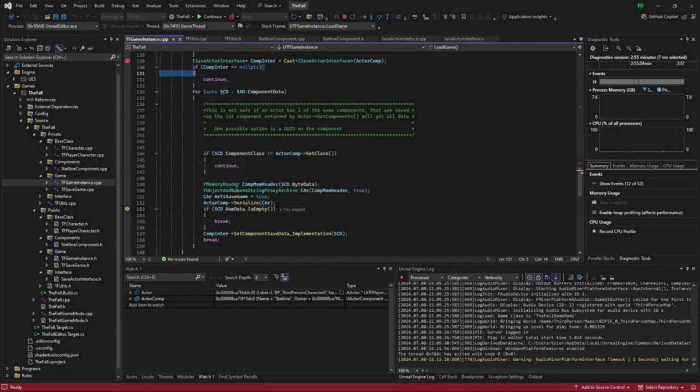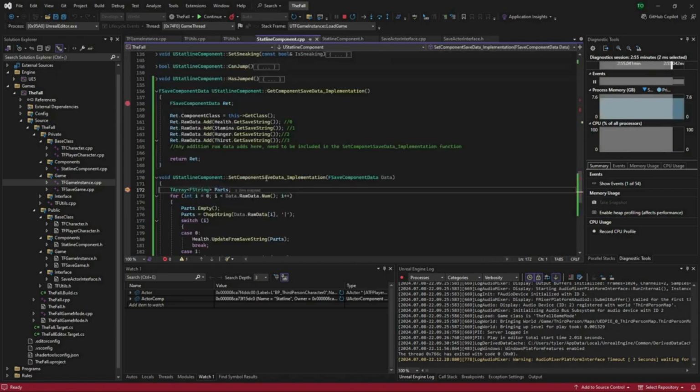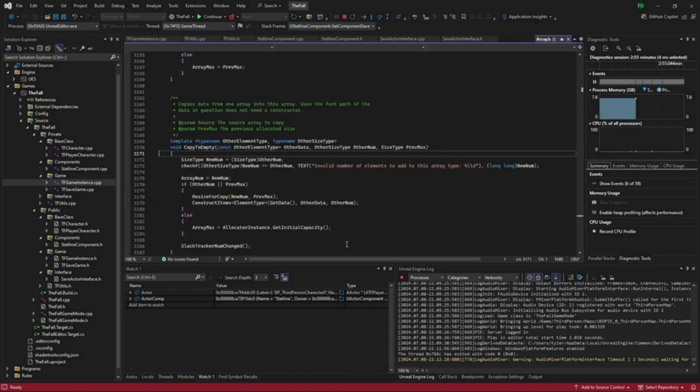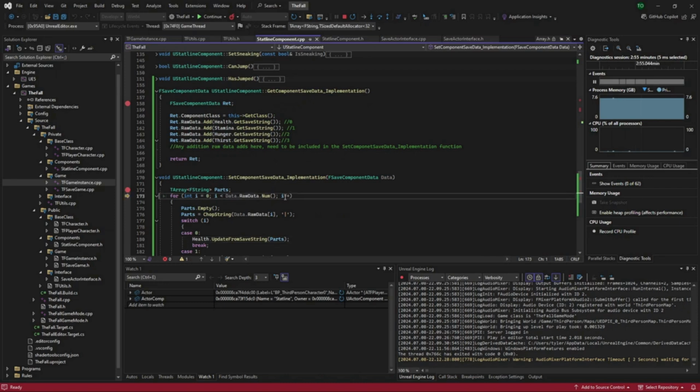So we've gone through here. Is raw data empty? No. So we're going to do that. We're going to hit our next breakpoint. And we've just got that whole struct coming through. I actually need to change this to a reference. Parts. So for the first one, I equals 0, parts empty. So you can see parts is empty, and that comes back to, oh, maybe I've got a flaw in here. It's only showing 2, because now we're going to